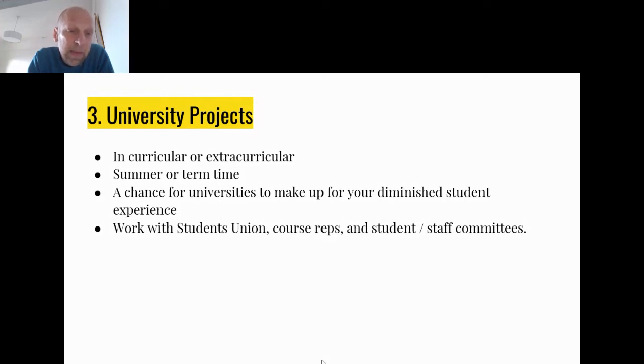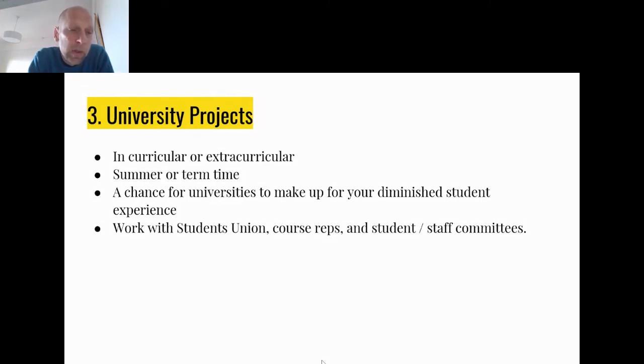Now, I think this kind of thing is a potential way for university to try and help make up for the really massively affected student experience if you're a current student you're facing at university. So many things have not been allowed to happen. So if your university isn't offering these kind of projects, if you are a current student, then I would be asking the question as to why, or if they can do this, because universities have got contacts with industry, they've got experts in terms of working around placements and internships, and it just takes a little bit of imagination to see how these could be created to help students work from home.